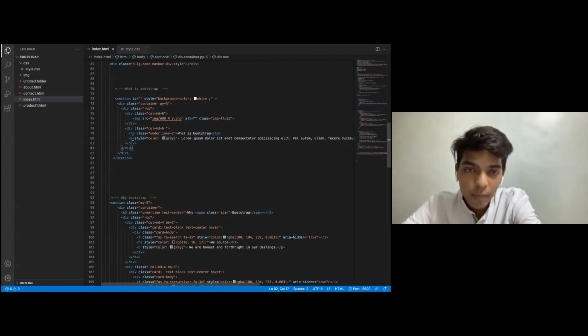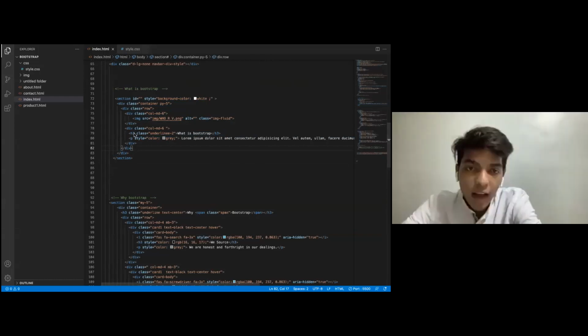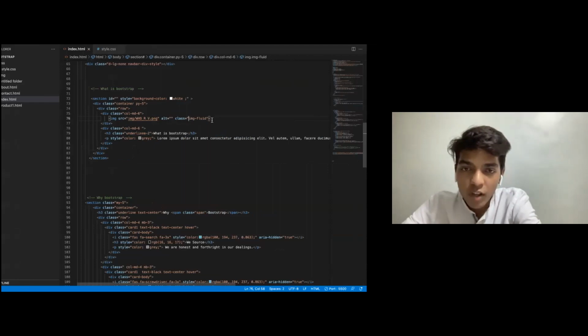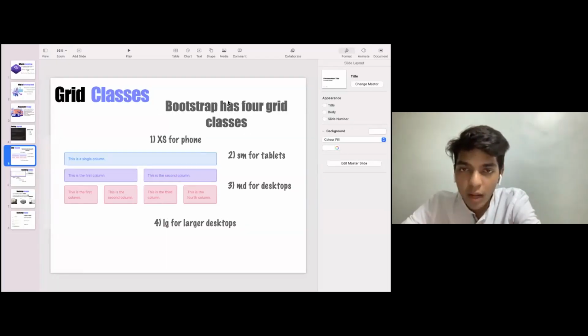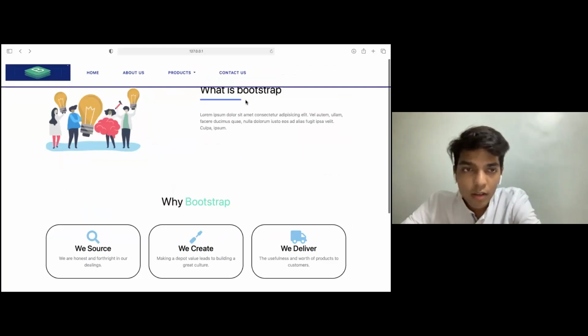So I've styled the p tag from here so that it can be visible to you. And I have assigned an underline 2 class to what is Bootstrap. So you can see here what Bootstrap is. Okay, I just sorted it out. What Bootstrap is in black, and there is an underline of blue color in it.